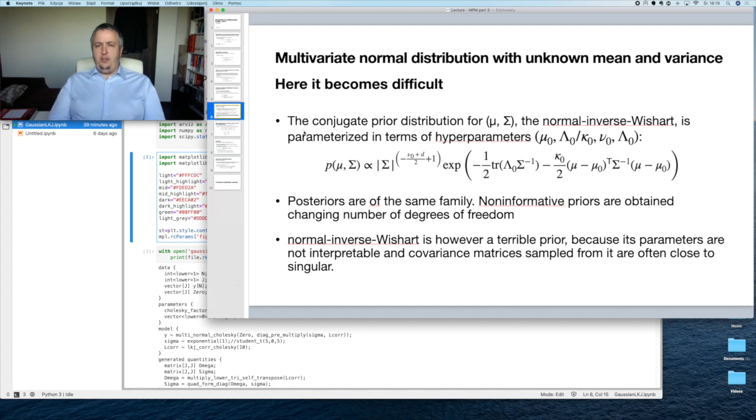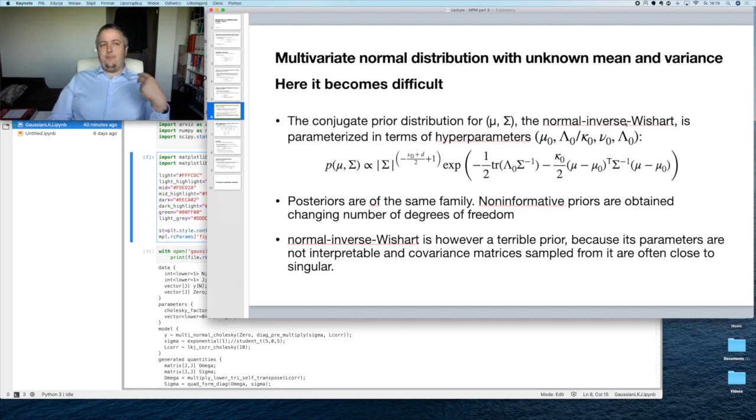So we don't have normal distributions anymore. We have inverse Wishart distributions, and non-informative priors for that we can obtain by modifying the coefficients, such as eta 0. However, the normal inverse Wishart distribution is very inconvenient for computation, especially for more advanced computation in higher dimensions, because